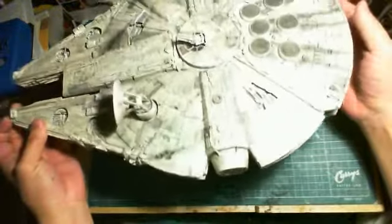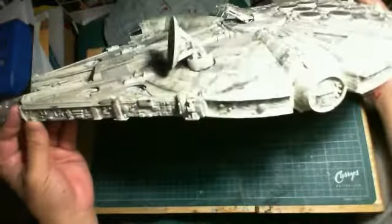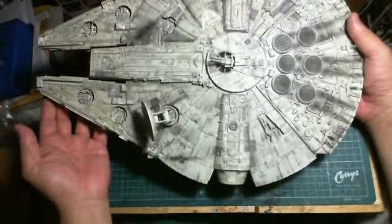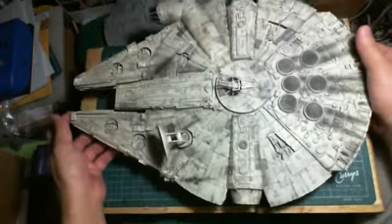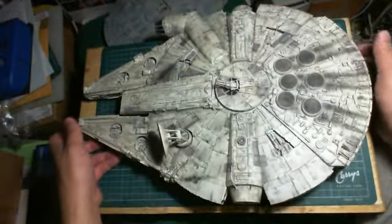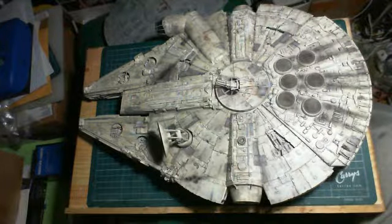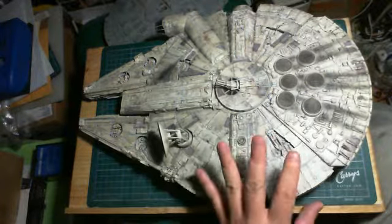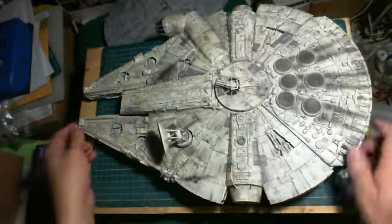I didn't really worry about accuracy in that area, because it's supposed to be a quick build to test the washes and the weathering for the Fine Molds kit. And I'm actually quite happy with the results. So the next step would be to apply weathering and washes to the Fine Molds kit. But even out of the box, with the minor modifications to the sidewall, you can get quite a nice Millennium Falcon